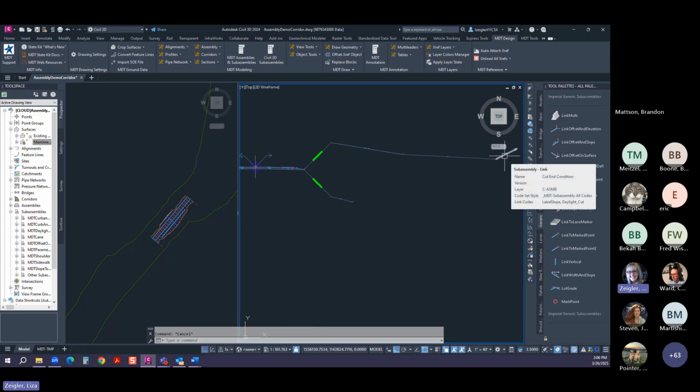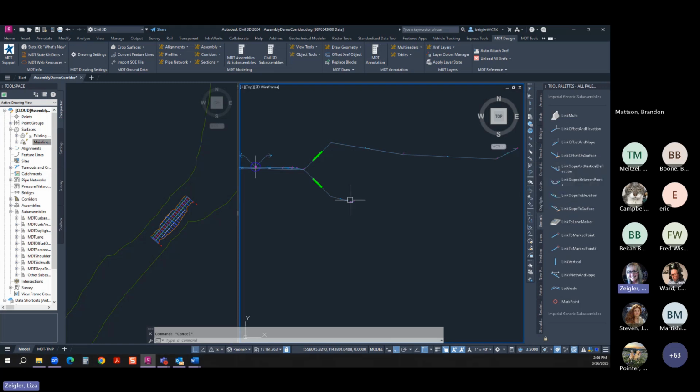There it goes. So this one I used, oh, I changed the name of it. So I must have used probably link to surface. This one, link slope to surface. So then you can put it. So when you open this,